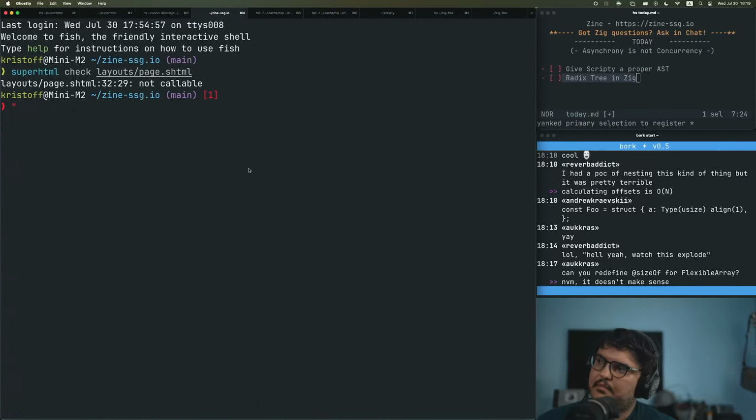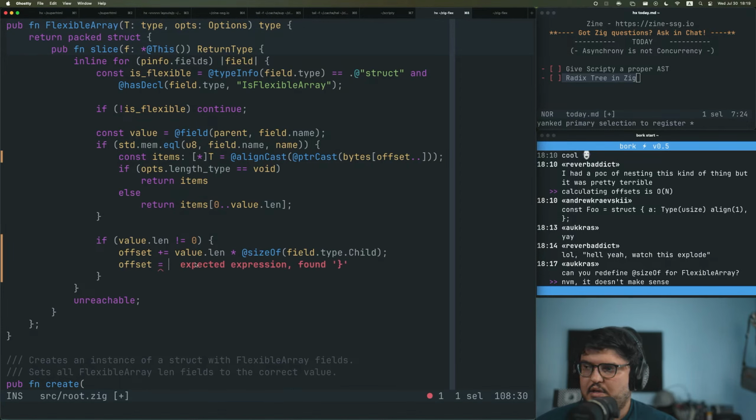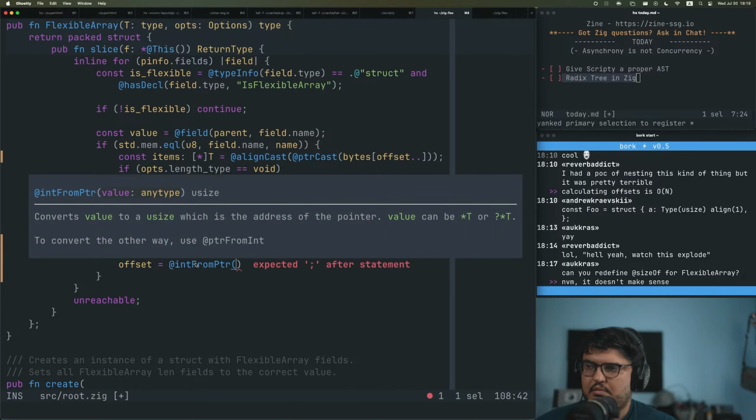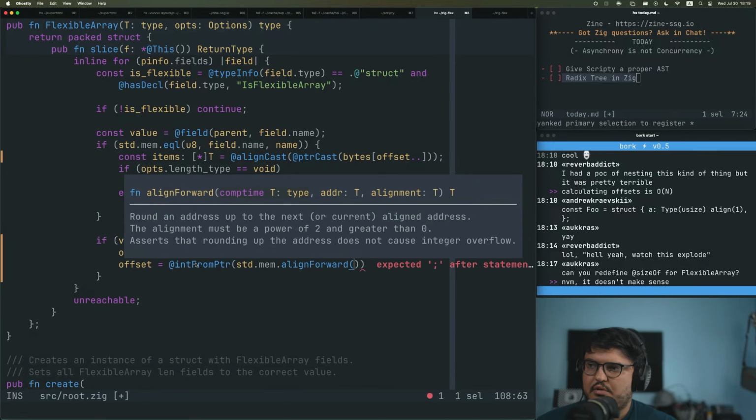We want to be able to use align forward. I guess we can kind of fake it in a sense. We could say, well, yes, we want to do this. Offset equals int from pointer of std mem align forward of